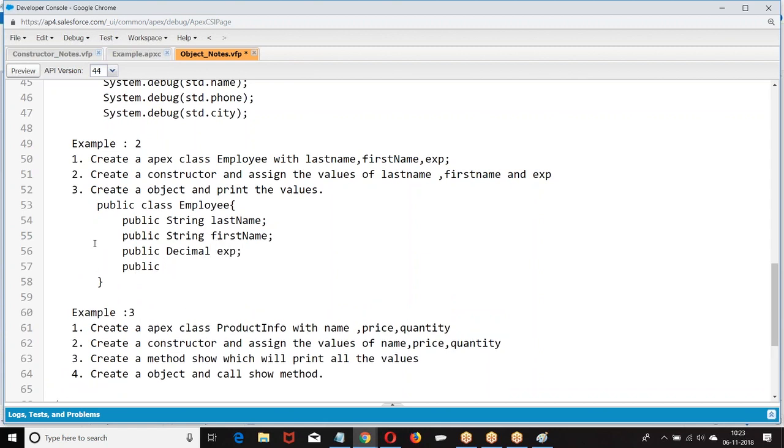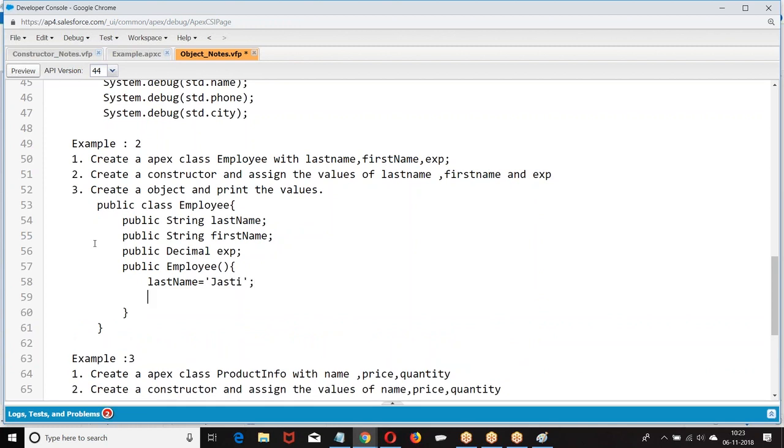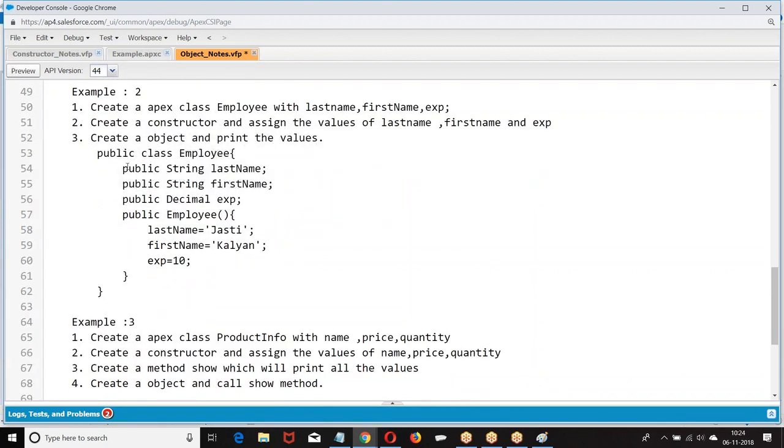So we have public Employee, and what I was doing is trying to assign the value to last name. This is what I have created.